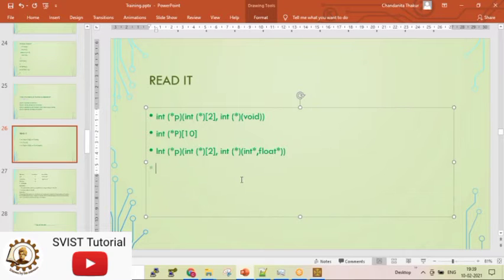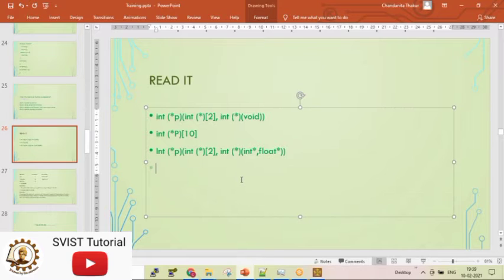Ma'am, P is a pointer to an integer type array. Complete it. Integer type array whose size is 10. Yes, Modrisha, it is correct. Pointer to an integer array of 10 elements. You are also correct. Who gave the answer first? Ma'am, it's me, Shubhajit. Shubhajit, it is absolutely correct.